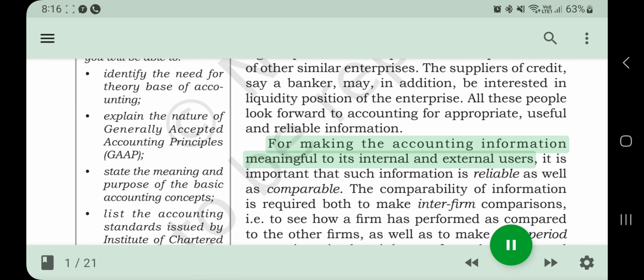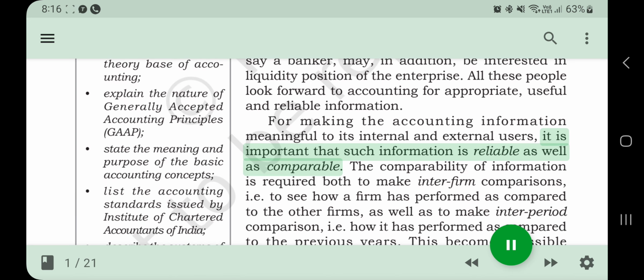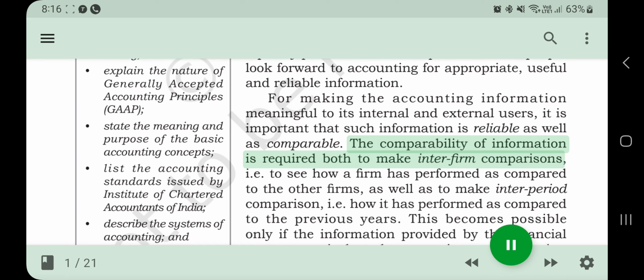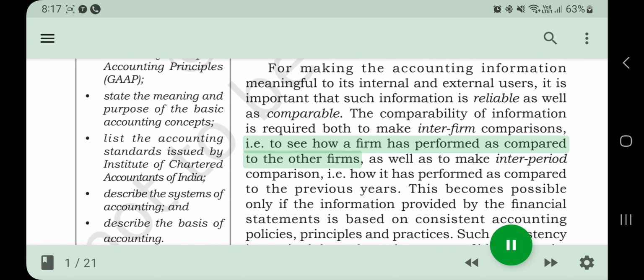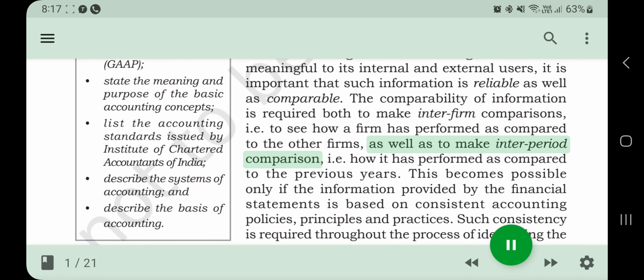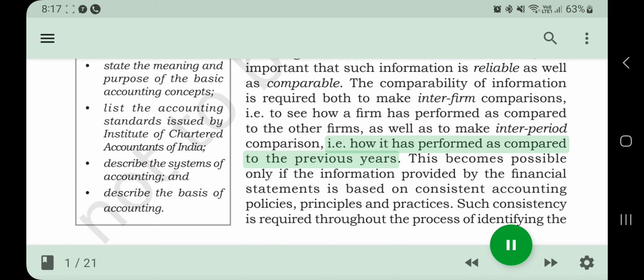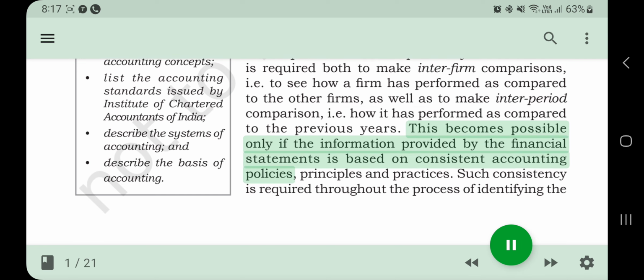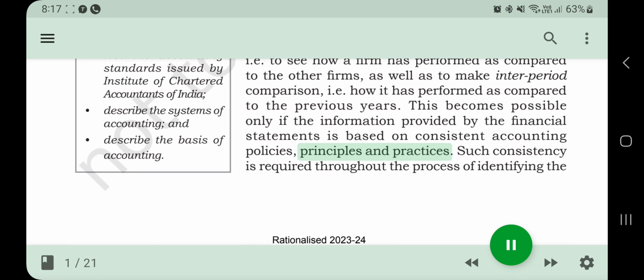For making the accounting information meaningful to its internal and external users, it is important that such information is reliable as well as comparable. The comparability of information is required both to make inter-firm comparisons, i.e. to see how a firm has performed as compared to the other firms, as well as to make inter-period comparison, i.e. how it has performed as compared to the previous years. This becomes possible only if the information provided by the financial statements is based on consistent accounting policies, principles and